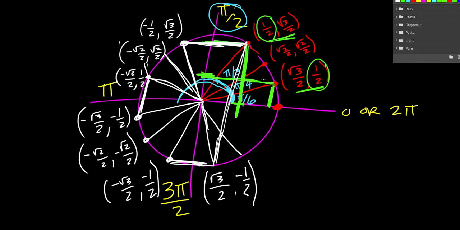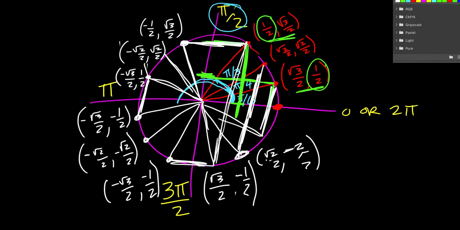Now, if I wanted to do symmetry this way, my x value will still be positive, but the y will be negative. And so that will be square root of 2 over 2, negative square root of 2 over 2. And then the last one, if it's symmetric about that, it will just be,